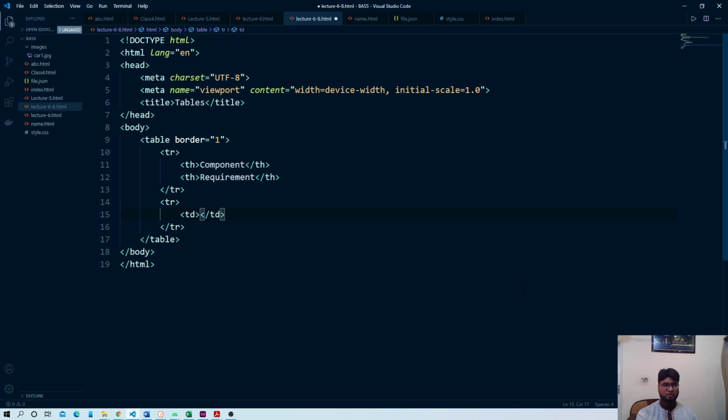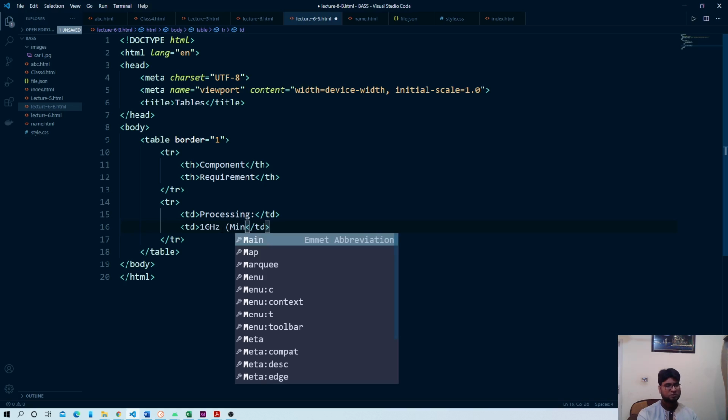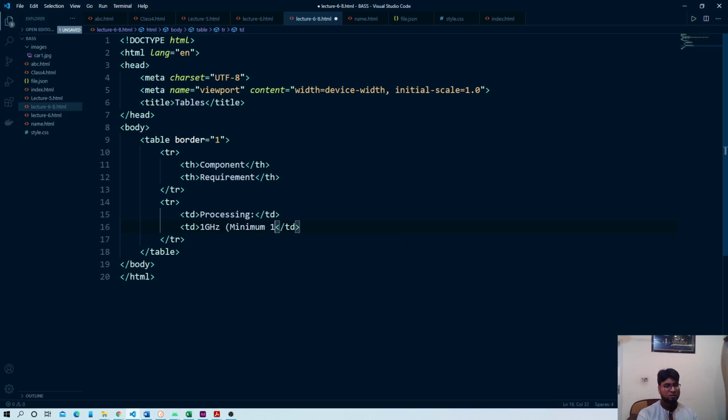So the first data I have is processing, the next we have, like, 1 gigahertz, this is a minimum of 1 gigahertz, right. Control S,